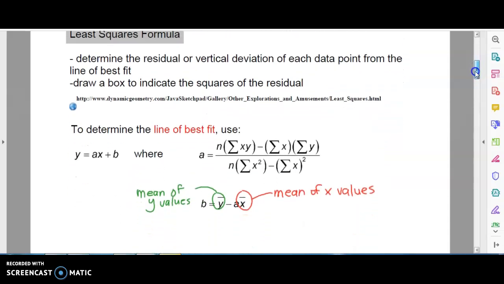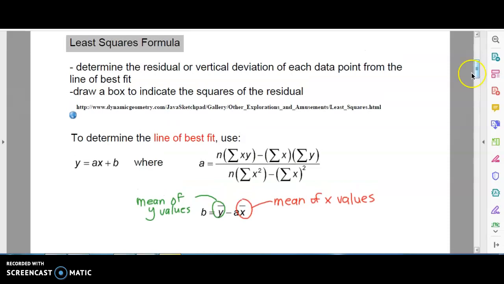What we have here next is the least squares formula. Basically, what we're doing here is to figure out our equation for a line of best fit. We see the equation of a line here. Basically, what we're used to from grade 9 is y equals, normally we're saying mx plus b, right? Here it's ax plus b, but exact same idea. And this is still the slope, your a value, and the b value is still your y-intercept. Difference being here,